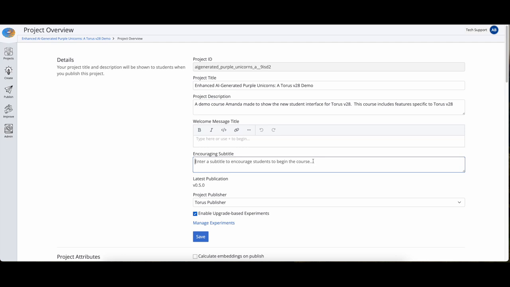And I will warn you with this and with other places where you can make text customization, like having an intro message, really for everything that I'm going to show you that is some kind of media, whether it's text or an image or video, I'm going to recommend very strongly that you look at what this looks like in the student interface before you publish it for your students. You can do a preview,